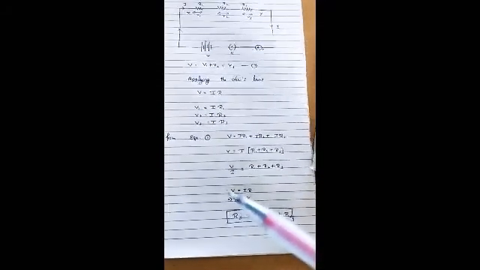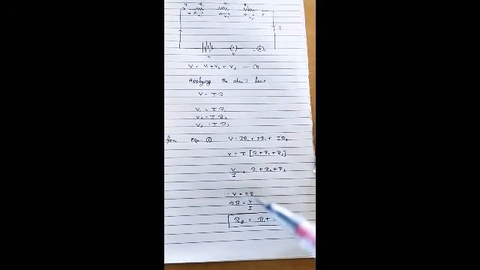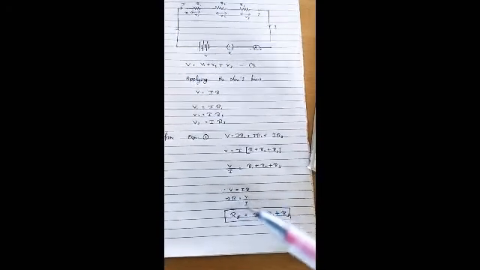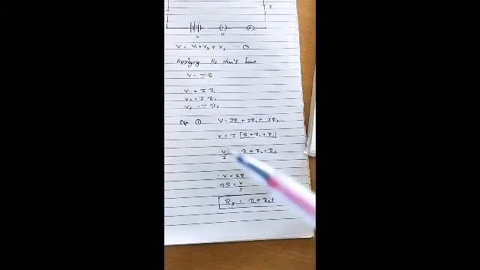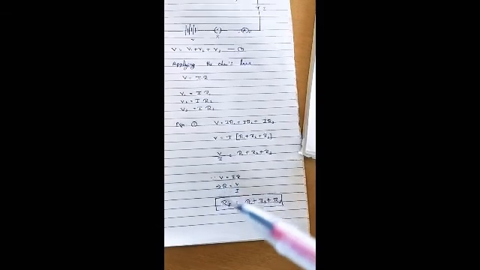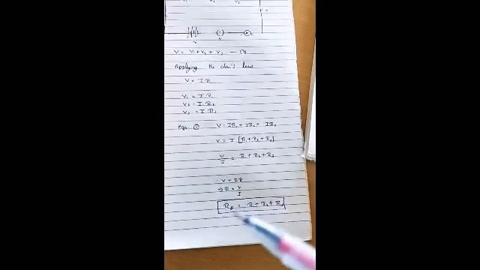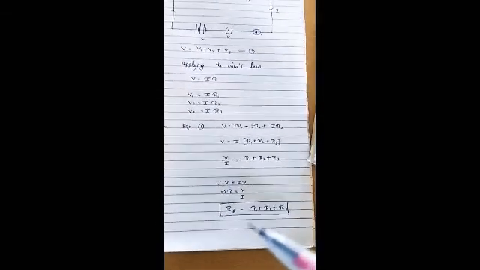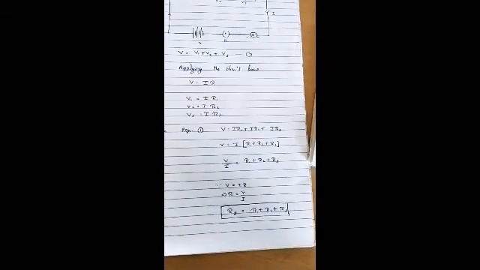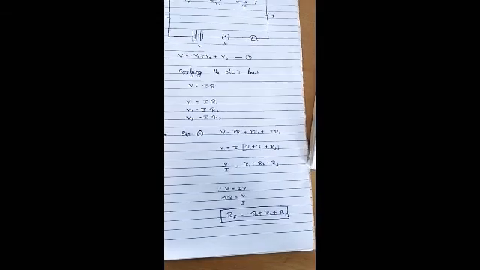Then you know that from Ohm's law, V is equal to IR. So again, I goes to the other side, meaning R is equal to V divided by I. So we have the expression V divided by I is equal to R. You can write here R is equal to RS, RS meaning the series of resistors. So the series of resistors, RS, is equal to R1 plus R2 plus R3.